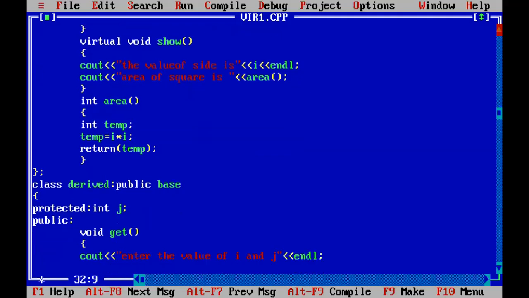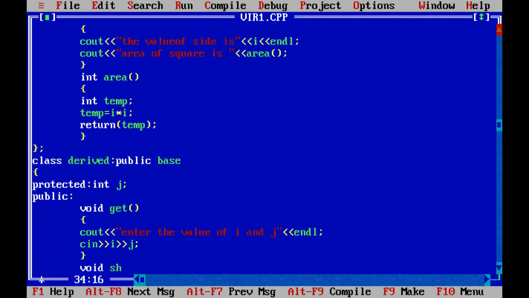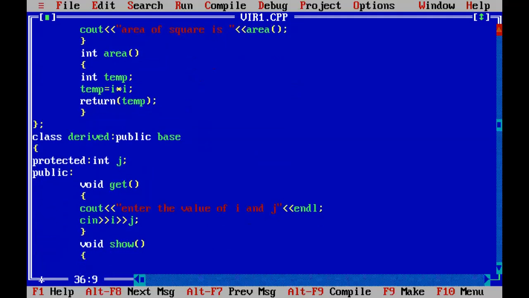This is simply a message, in I and j. This was the simple get function. Now we have to create one more function named show. You can see that the names of both the functions are the same as those of the base class. So first here we'll just simply write the message,